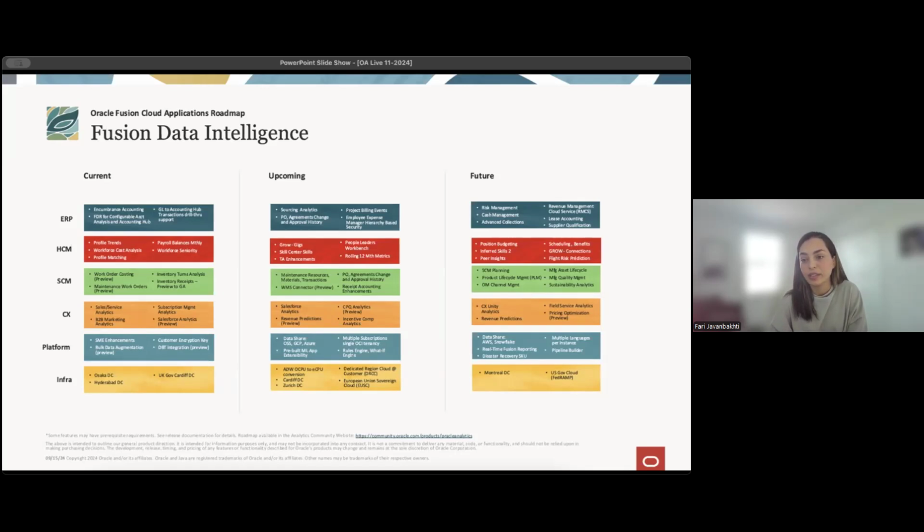You may have heard that during our EVP TK announcement during the Cloud World. Also, we do have a lot of analytics coming up for Oracle Growth that includes talent, learning, and internal mobility. On the SCM side, we're looking at the SCM planning and product lifecycle management. And on the CX, the big announcement is the availability of Salesforce Analytics, that I'm sure Hitesh will cover today. And also the CX Unity Analytics are among the features that we're looking towards too.